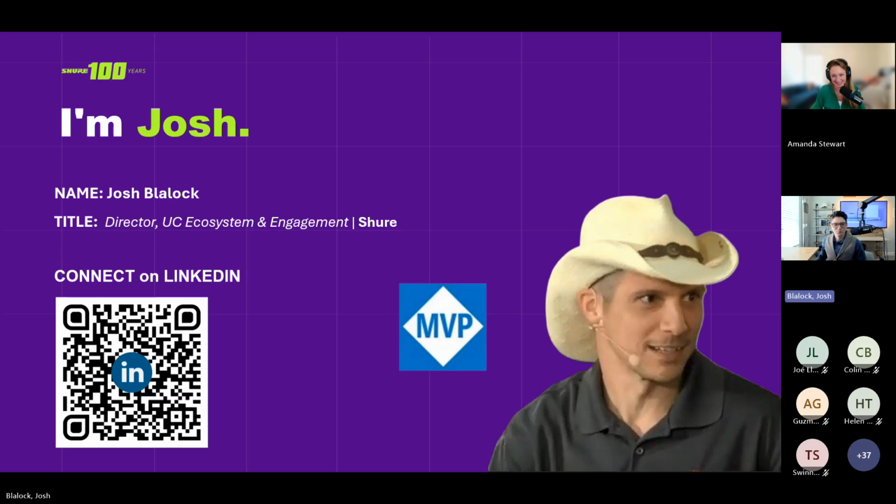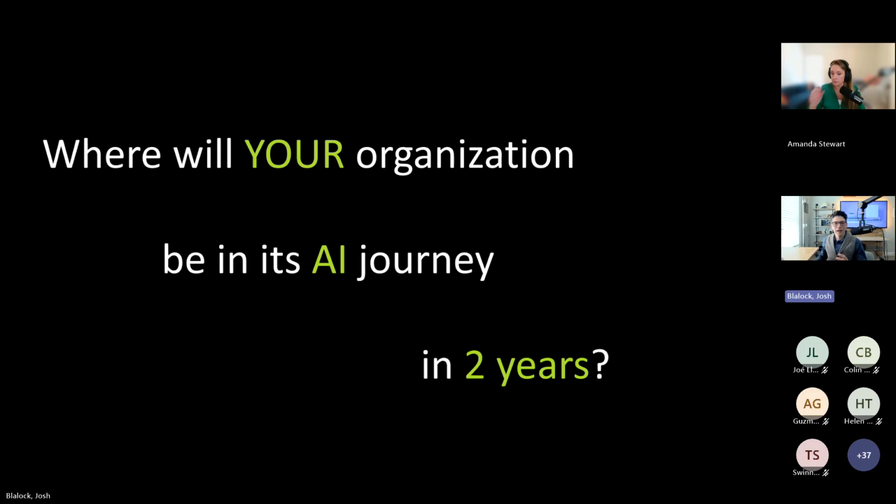I'm going to ask a couple questions here that just reinforce exactly what Amanda was saying and maybe reframe it in a slightly different view, but it's the same concept and the same question that's being asked when we're talking to our customers. Hey, this future-facing exercise we do, where will your organization be in its AI journey in 2 years? Everyone at an executive level always likes to look forward and say, well, what's the 2-year, what's the 5-year plan? What do things look like at that point?